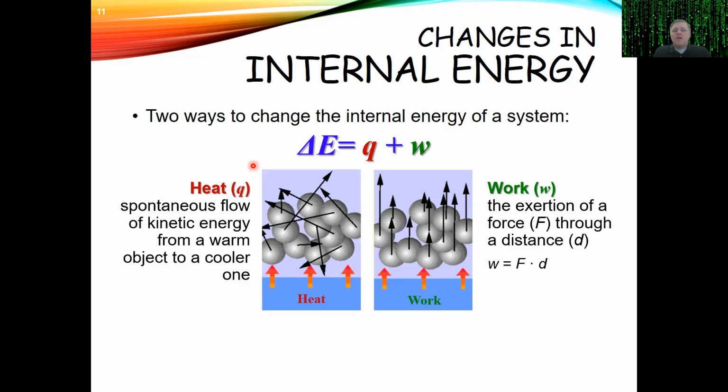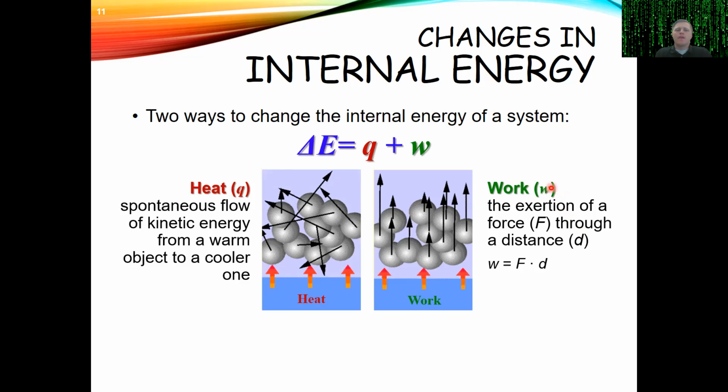So why is that? Well, the hot object has a lot of kinetic energy, so its atoms or molecules are bouncing around with high energy, and the cold object has lower kinetic energy. So as the hot object's high kinetic energy things collide with the cold object's low kinetic energy things, they speed up the kinetic energy in the cold object. And so this energy is going to bounce back and forth between these two places until it reaches an equilibrium and everything has about the same average kinetic energy.